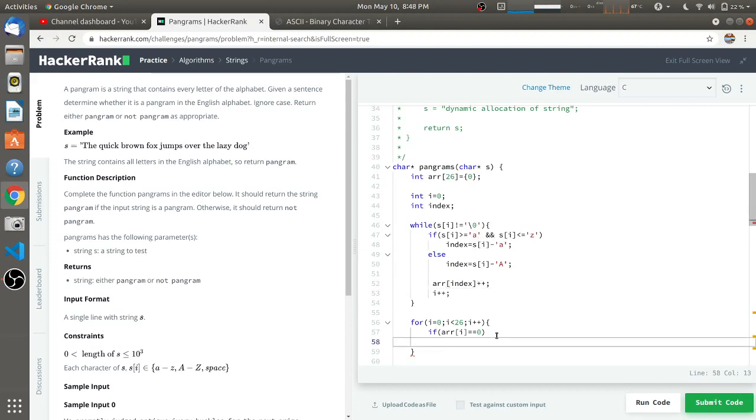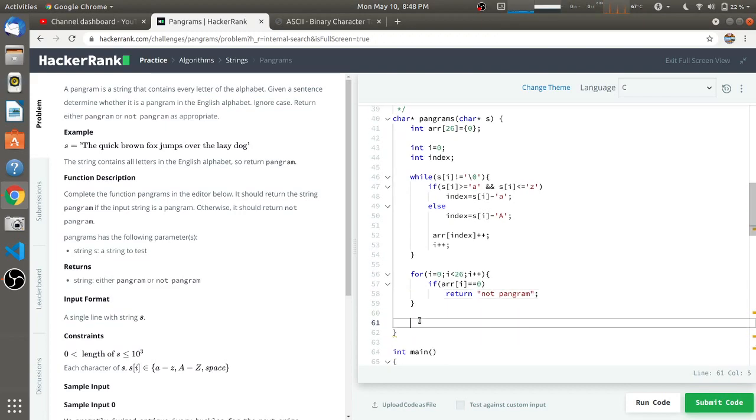After that we'll just return not pangram. So this is the condition if it is not a pangram, and if this for loop completes and there is not a single index in this array which is equal to 0, then we have to return it as a pangram.